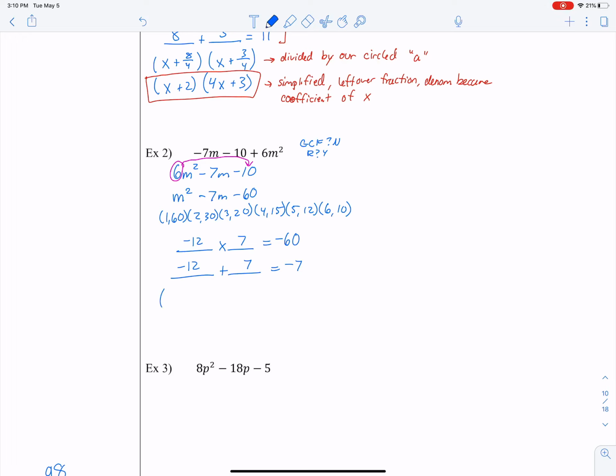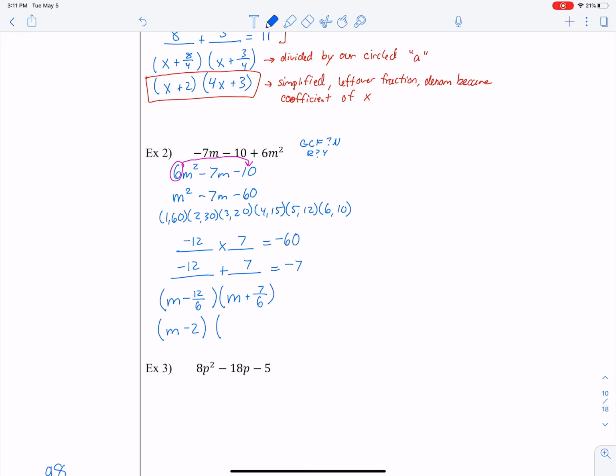So now for our next step, here we're using m's. So we have minus 12, and we write it over, like that, m plus 5. And then for our denominator here, we're going to use the number that we have circled up here. So I'm going to put in a 6 in both places. Now I need to simplify if I can. So I have my m. 12 divided by 6, I can simplify that. It gives me minus 2. But I cannot simplify,